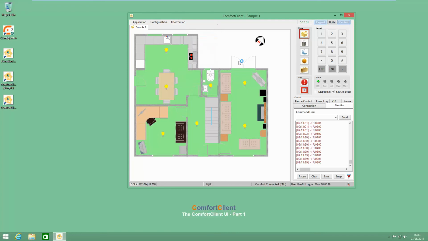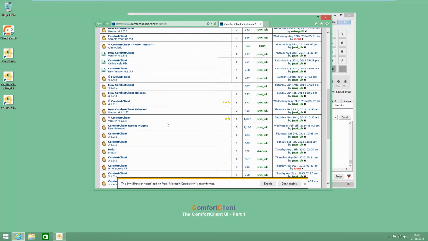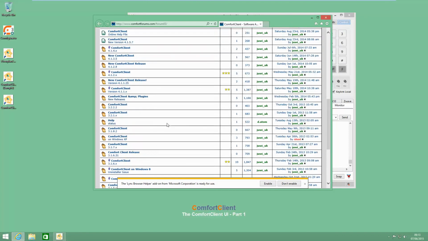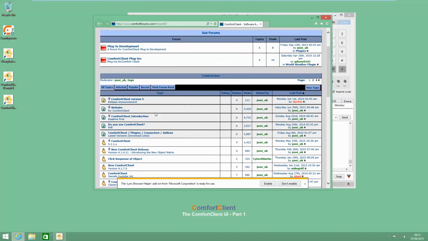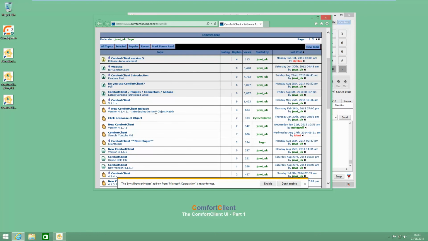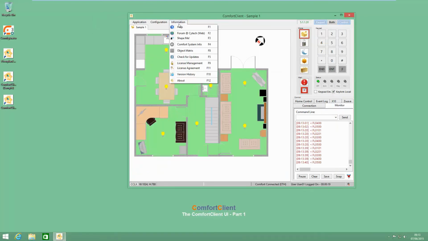A link will take us off to the ComfortClient area on the forum, where new versions are published, information about releases, help information. All things ComfortClient are shown in this area of the forum. ShapeMe is the online help system. If I was to click this button,